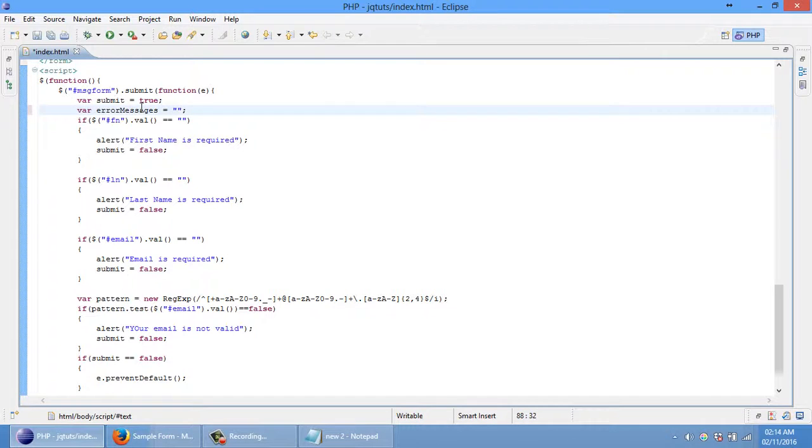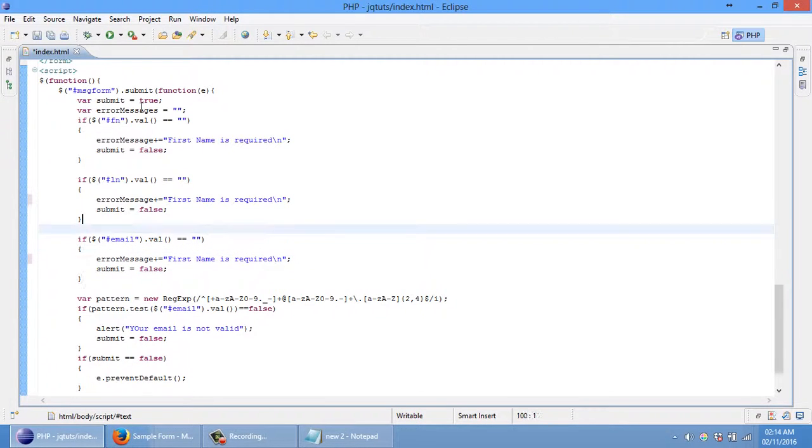and every time when something is wrong, we append the string to this, like backslash n for the new line, so the next message goes on the new line. Similarly here, and here, like